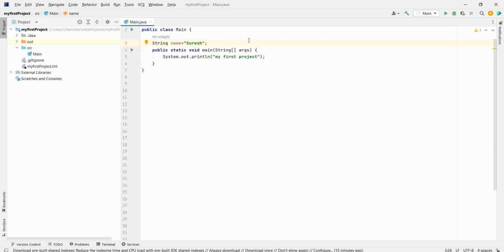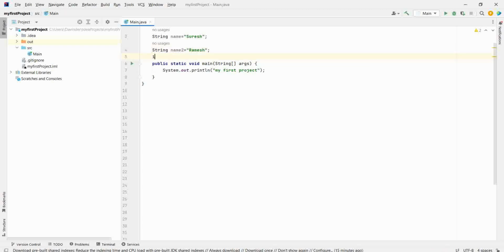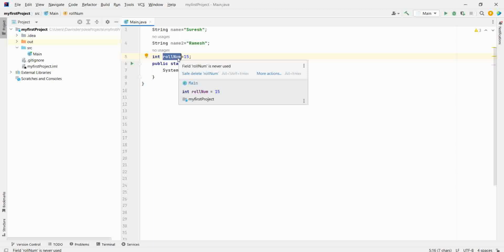If I write String name2 = Ramesh, name2 is a variable. If I write int rollNumber = 15, rollNumber is a variable. A variable is anything which holds some value.